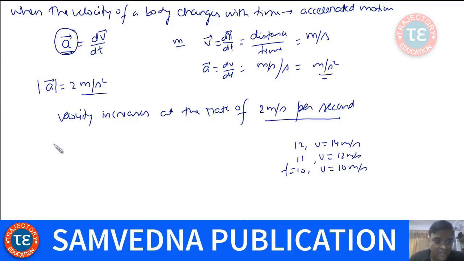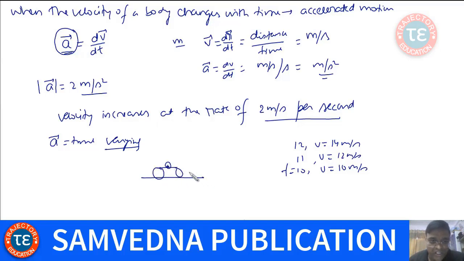And sometimes this acceleration can also be time varying. I'll give you an example. Many of you might be riding a bike or two-wheeler. When you start your two-wheeler, initially your velocity increases rapidly. But as the time passes on, the rate of increase of velocity decreases. Rate of increase of velocity decreasing does not mean velocity decreases. Velocity still increases, but at a lower pace.